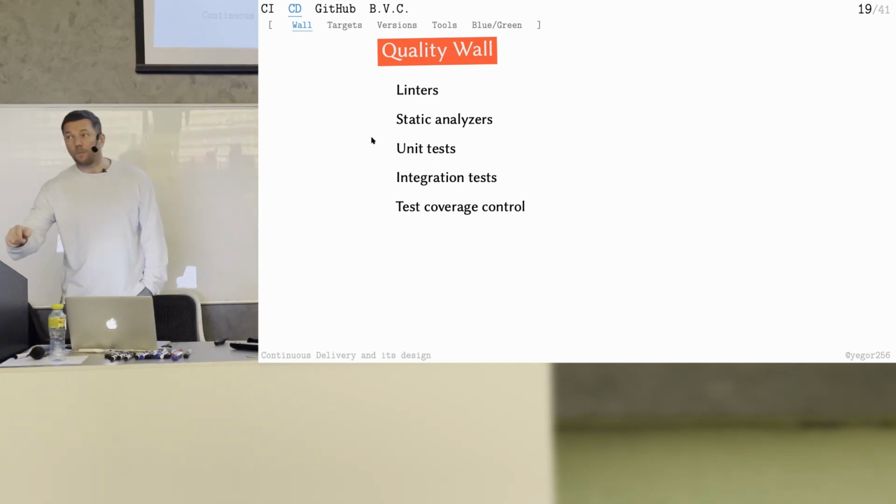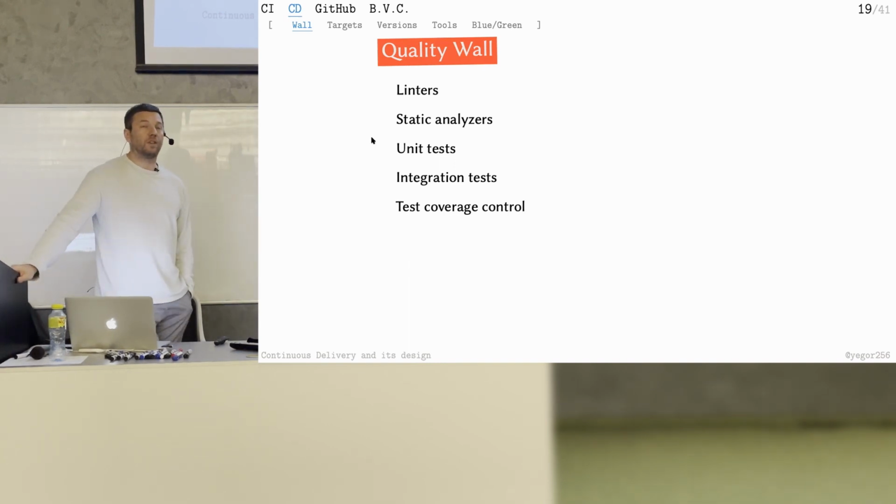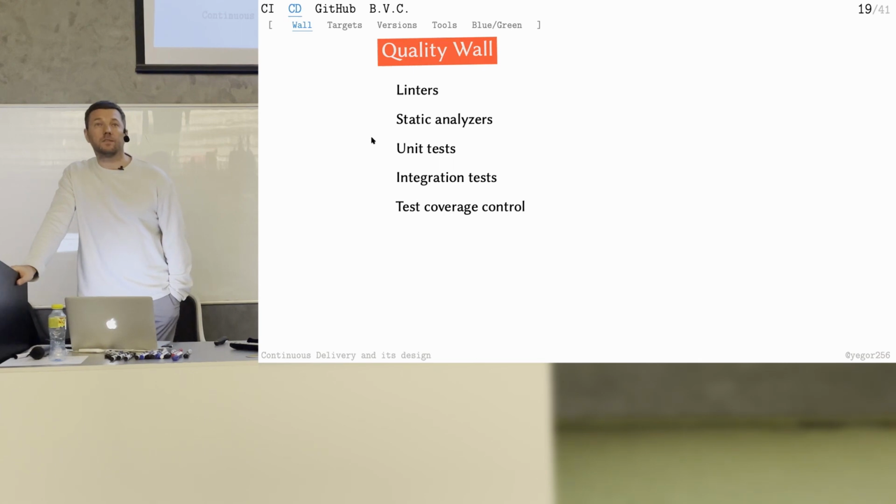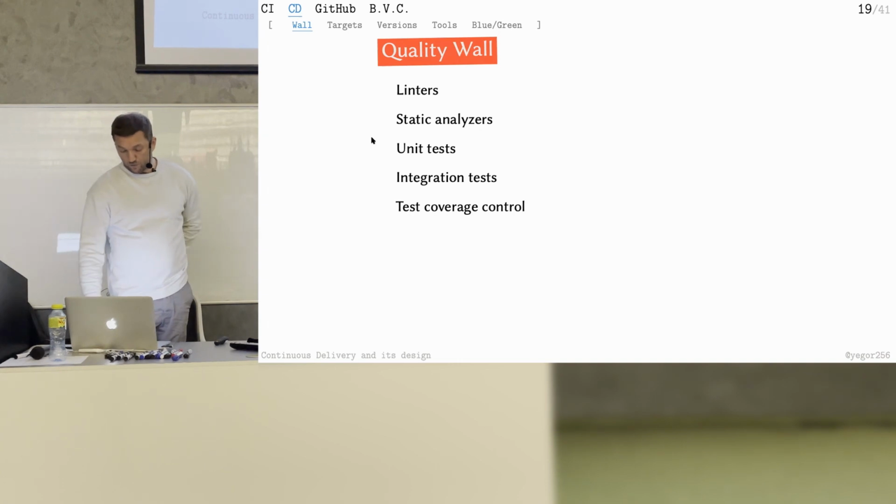And inside your build script, you can check this coverage. You can say, if my coverage is lower than 80%, the build fails. In this case, it will be quite a strict build, because it will reject the code. For example, I write my code, but I forget to write the test. What happens? Coverage goes down, because I introduce new code, but there's no unit test for this code, then the build will reject this change, which is good.